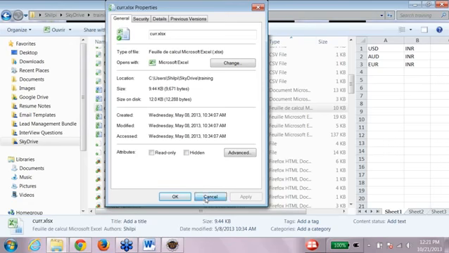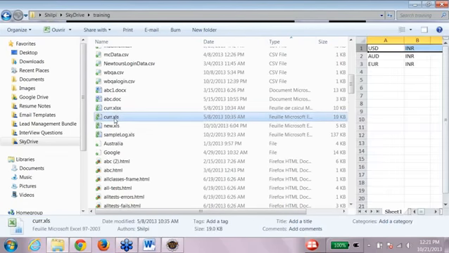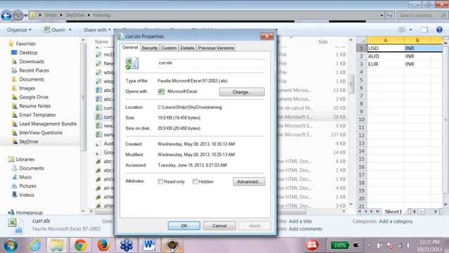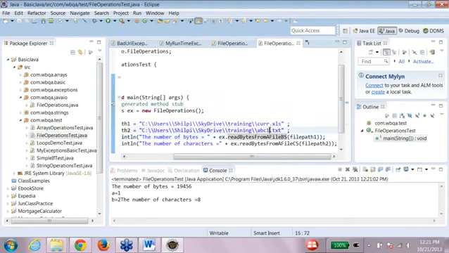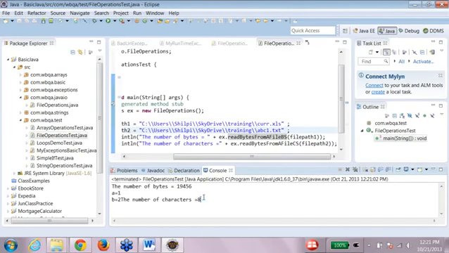So this is the file size, and this one we were looking at, 19456, exactly the same. So 19456 bytes are there in the Excel sheet, and the next one was a character-based file,